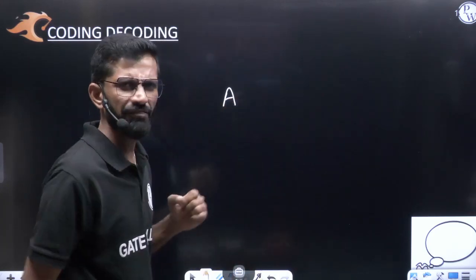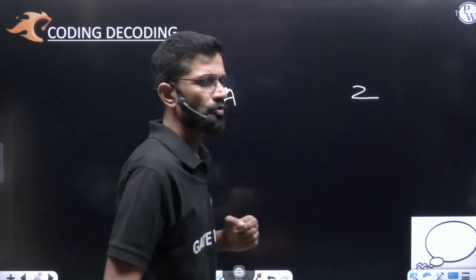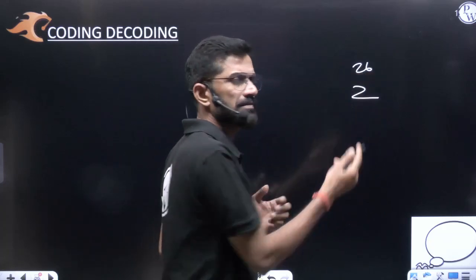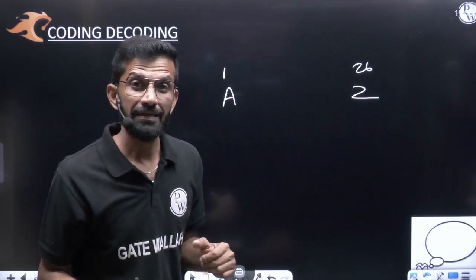Now this coding decoding, there will be different types of coding decoding, but few things we should understand. See, every alphabet in English has some number hidden behind it. That also you have to remember. Don't by heart. You can remember directly. I think everyone knows that A is the first alphabet and Z is the last one. So A is the first, behind A there is number 1, and behind Z there is 26. This everyone knows. And in reverse, if I see,